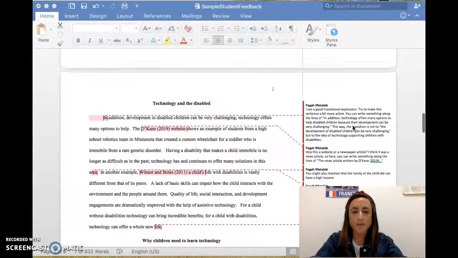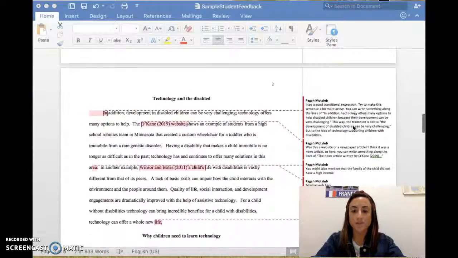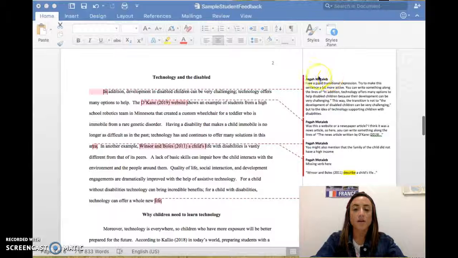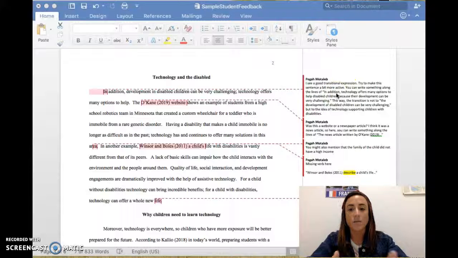After spending a little time reading some of this feedback, I can see that many of the comments are ways that you can make your paper stronger, and she offers many good suggestions. For example, she highlights that she sees a really good transitional expression in this sentence, but suggests making the sentence more active. So she's just providing ways to make your paper stronger in general.